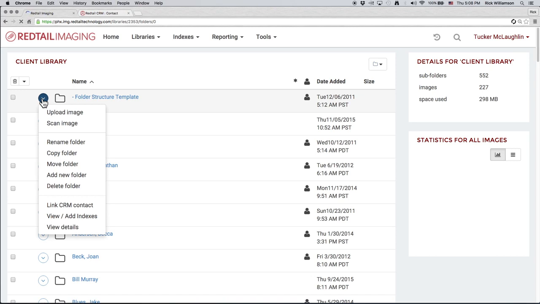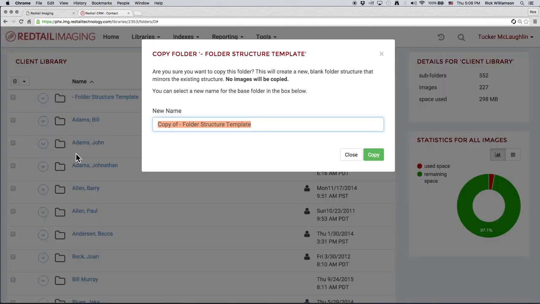All right, now it's a good best practice to create an empty folder and subfolder structure and call it something like we did here, folder structure template. You notice that I put a dash in front of it here, and that puts it at the very top of the list alphabetically so that we don't have to go searching for it every time we want to copy and create a new folder. Now you will always have this folder structure, and you can copy it and then rename it to the client